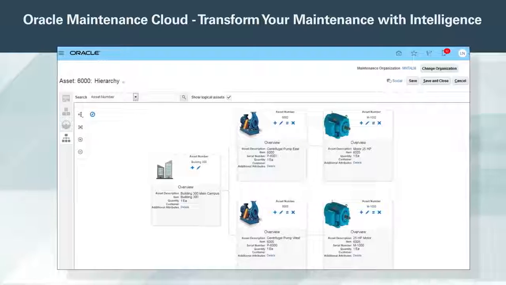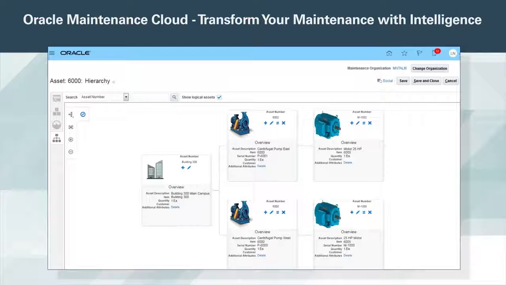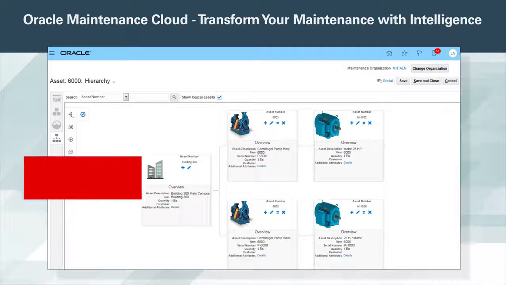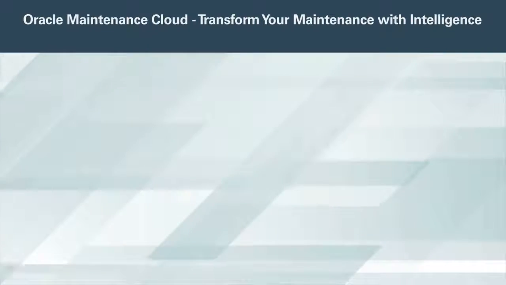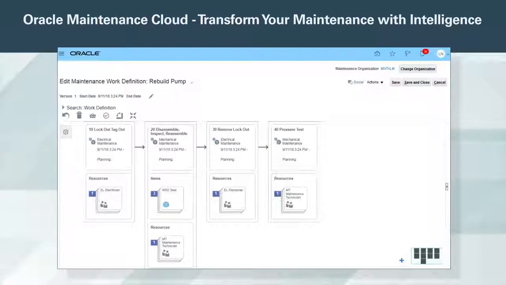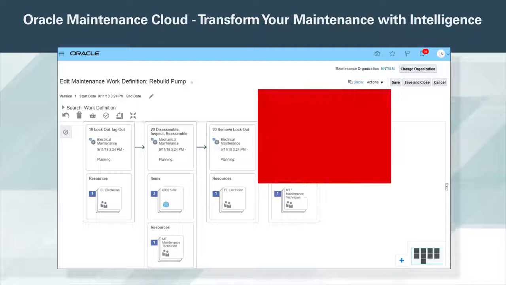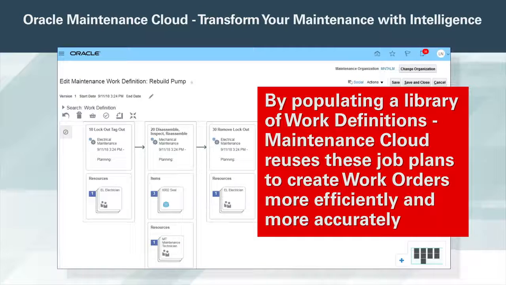The physical asset hierarchy is essential for locating the asset at your site to report a problem. It is leveraged in the asset cost roll-up to identify where and what assets are the most expensive to maintain. This capability supports a repair or replace methodology. The work definition provides a guided repair and defines both labor and material requirements. By populating a library of work definitions, Maintenance Cloud reuses these job plans to create work orders more efficiently and